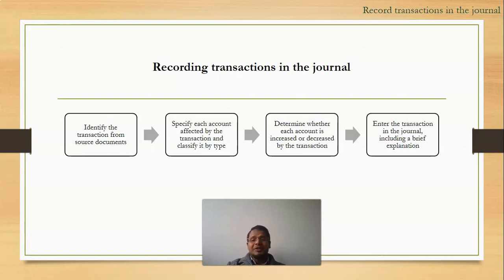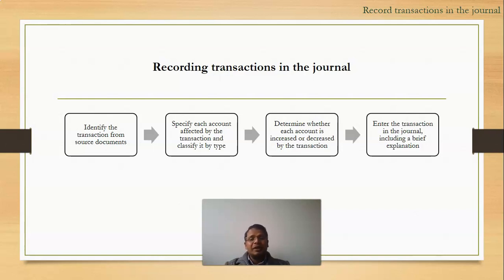Number two, specify the accounts affected by the transaction. What are the accounts involved in that particular transaction? A transaction must have at least two accounts. There may be three, four, or five accounts involved in a transaction, as many parties or accounts as are affected. So we need to identify what accounts are involved, what accounts are affected by this transaction,